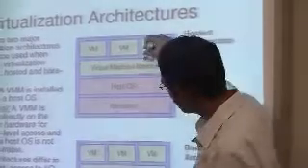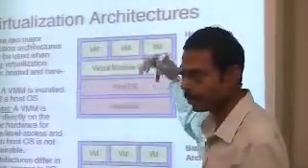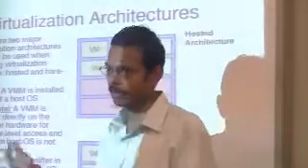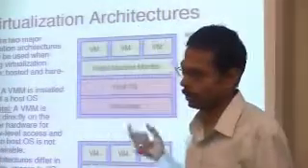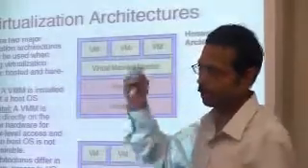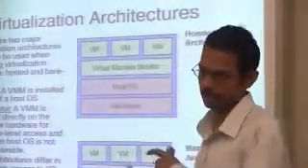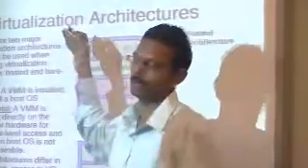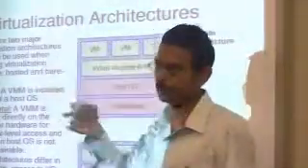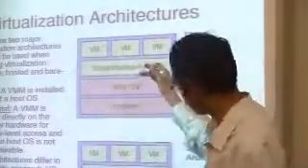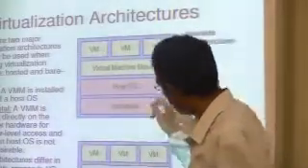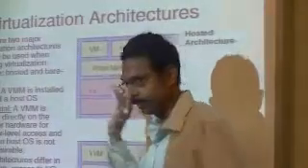You have the virtual machine monitor sitting on top of the host operating system. For example, if you have a Windows 7 machine as your host operating system and you're running several virtual machines on it, one could be a Linux virtual machine, another a Mac virtual machine, another even an HP virtual machine. So you could have different operating systems running on top of this virtual machine monitor. Okay? So the underlying operating system is something different.